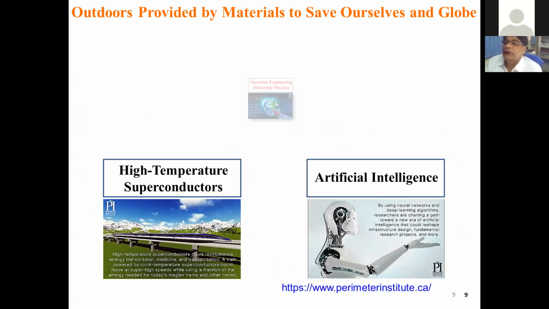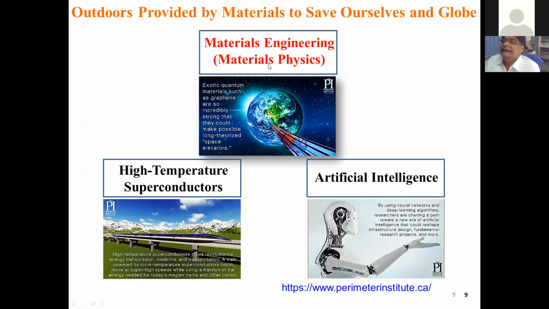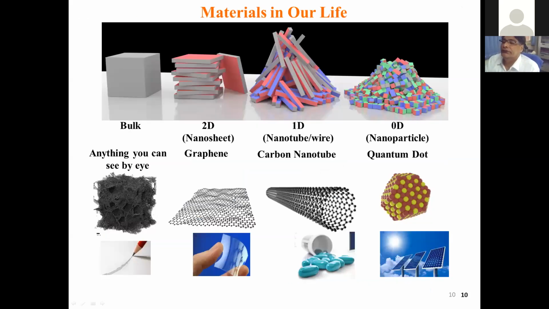So these are some of the things in materials engineering: high temperature superconductivity, and by using artificial intelligence we can develop the material. That is what we need. We have done these things, right? Superconductivity, we have the materials, and people are now using artificial intelligence or machine learning, but still much remains to be done, right? And therefore, because everything finally ends on the materials,